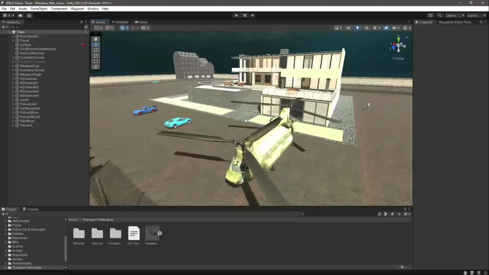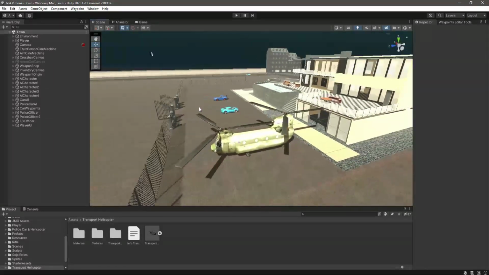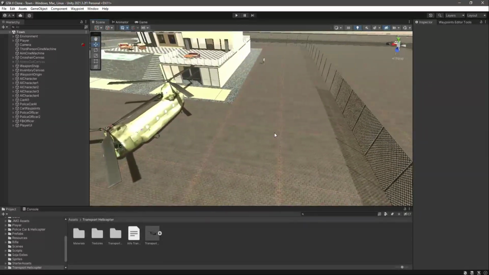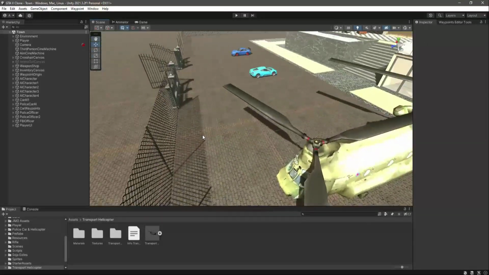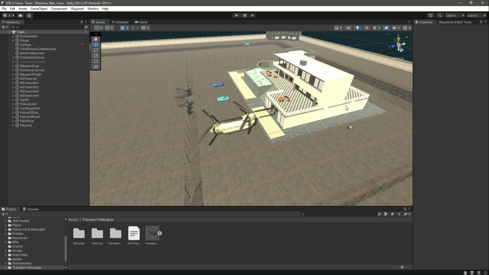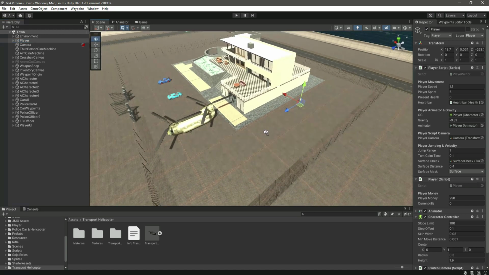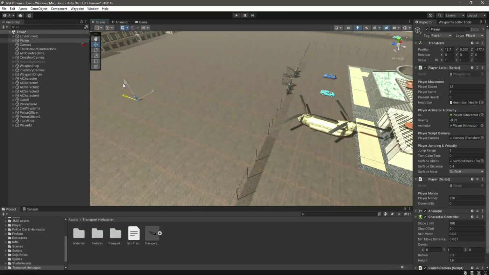So in the previous video we have added all of these helicopters and vehicles. Now in this video we will add the gangsters and also we will create the gangster AI. Okay, and that gangster will walk in this area, but if the player comes closer to the gangsters, then the gangster will start shooting the player, because as you know, this player will be the enemy of the gangster. Okay, so let me just move this player outside right there,